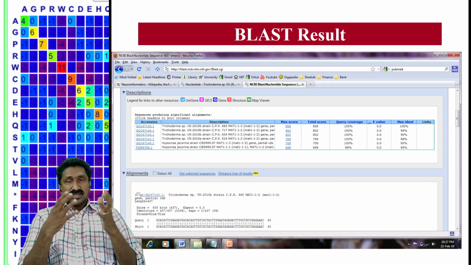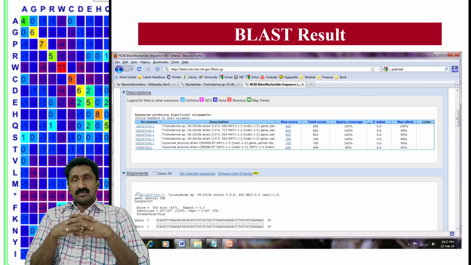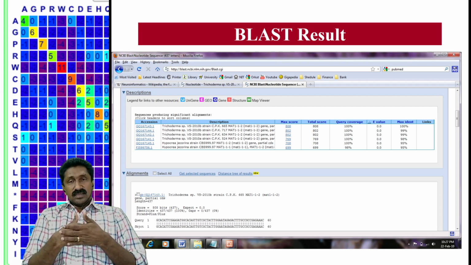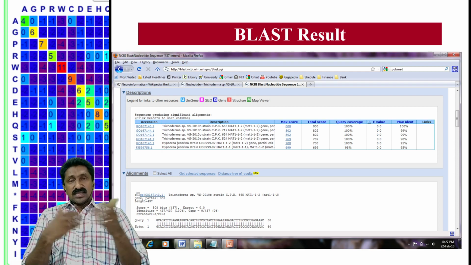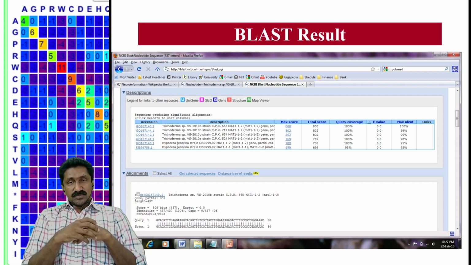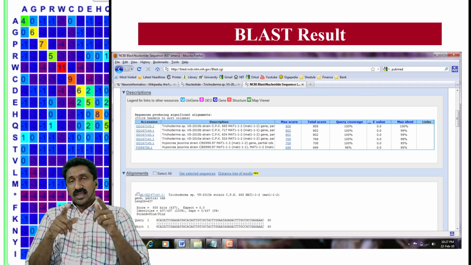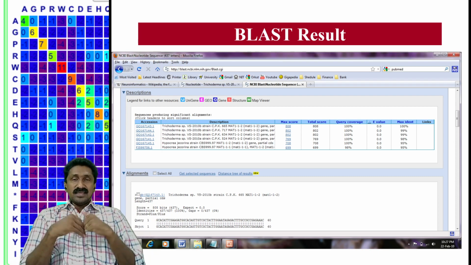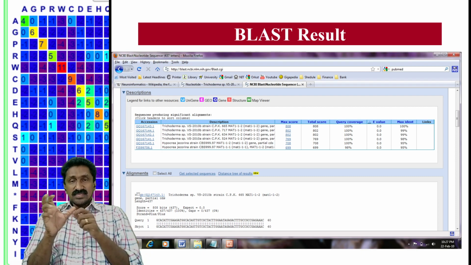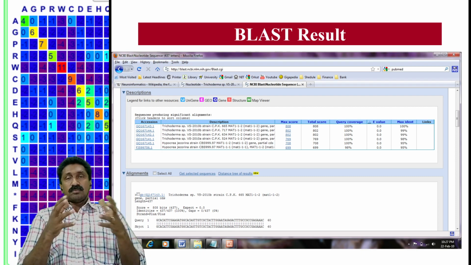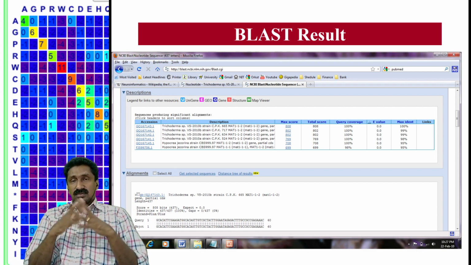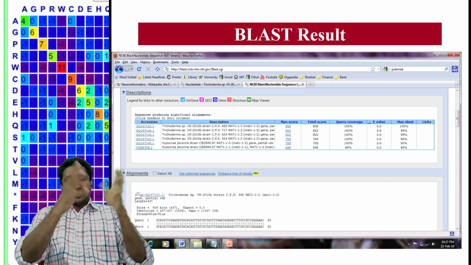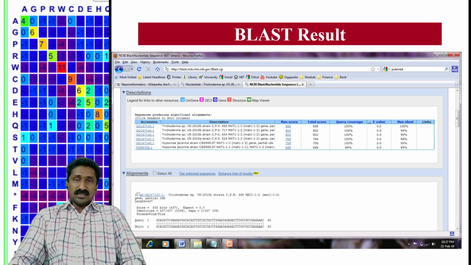If the query coverage is not up to 100%, that means your sequence has 500 base pairs, and the database sequence has only 450 base pairs. In that case, your query coverage will be less, because some regions of your DNA are not matching. So that's what query coverage means: whether your entire query sequence was covered in that target.